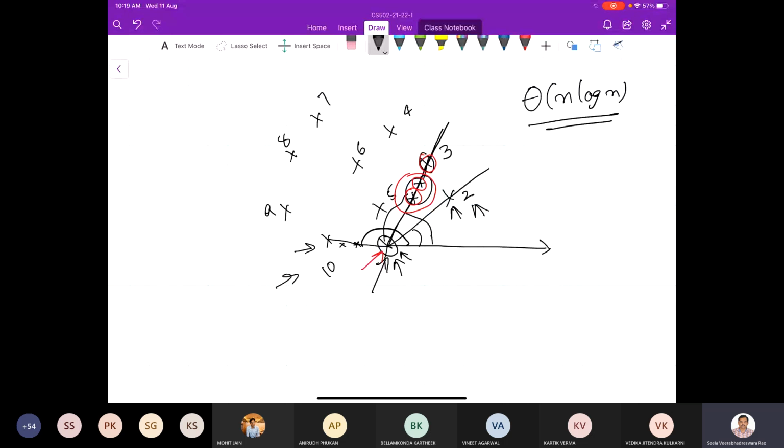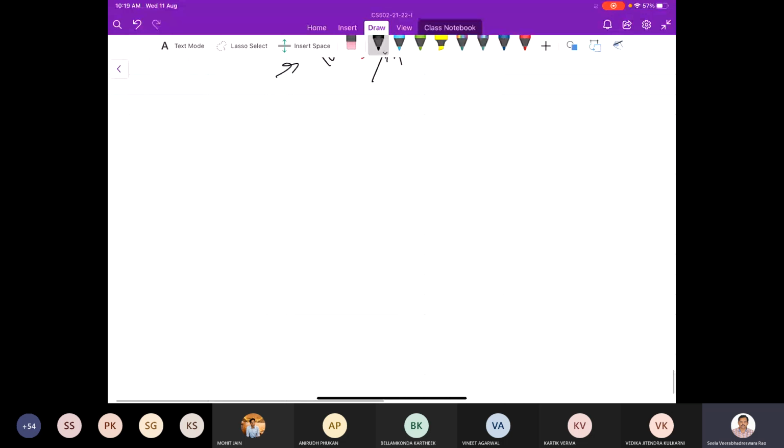Okay, so I will discuss one more algorithm, that is divide and conquer, whose complexity is also n log n. The idea here is, all of you know the divide and conquer strategy. So the first step is we sort all the points with respect to their x coordinate. Then apply the divide and conquer strategy.